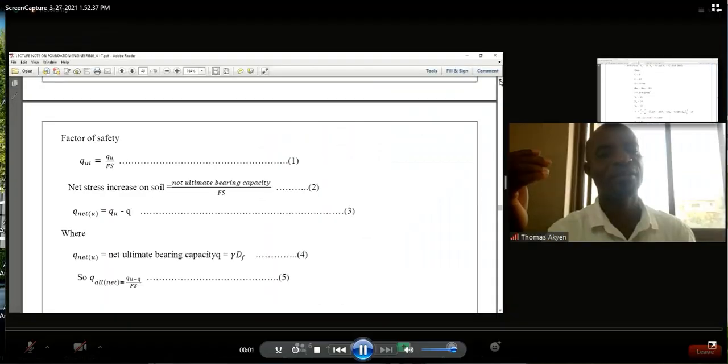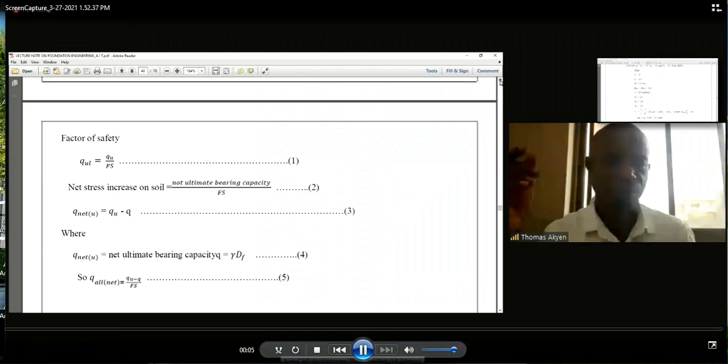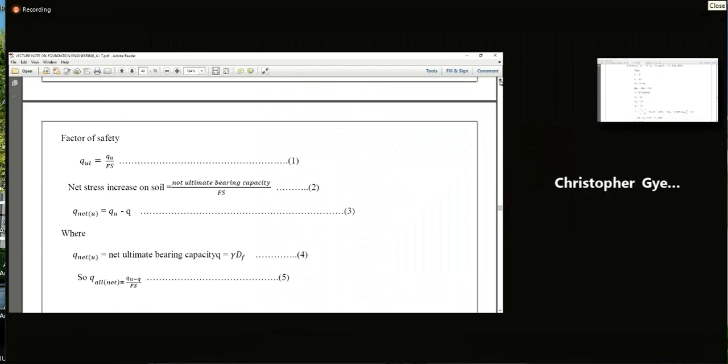Very capacity over front of safety, that is net, it's not. Hello? Oh, sir. Hello? Yeah, that measuring length